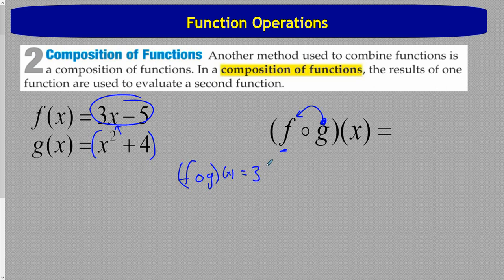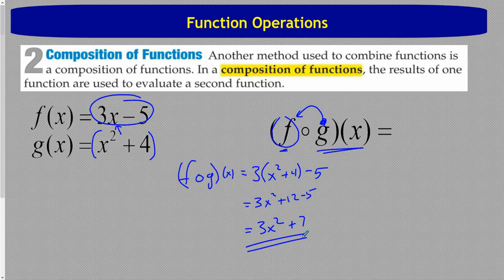3. Now instead of x, it's the entire other function. Then I go back and finish the first function. Right, so I start with f, and when I get to an x, I stop, and I plug in g of x. Then I continue writing f. Now I just simplify this. 3x squared plus 12 minus 5, which simplifies to 3x squared plus 7. That is f of g